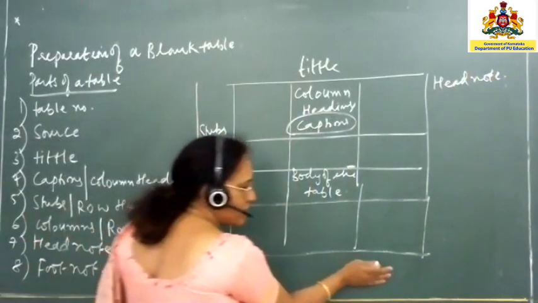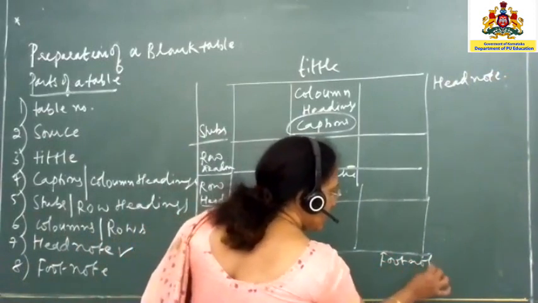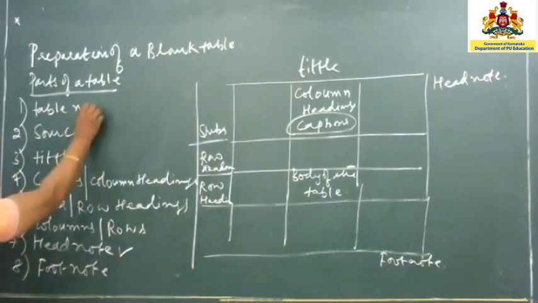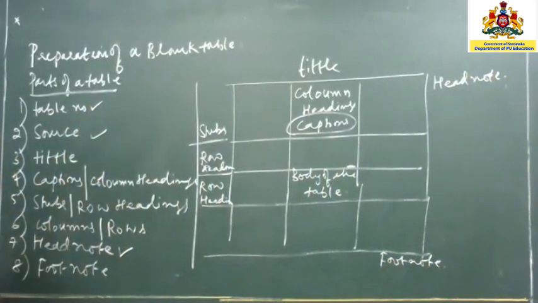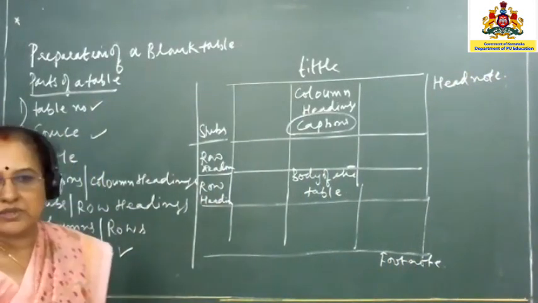Footnote means it comes at the foot of the table. This also we will do in detail. So you will have to have the footnote. Now you see, this is optional in case you have the table number. Suppose you have too many tables for one particular organization. You can have a separate table dealing with the strength of students. You can have a separate table dealing with the fees of students like that. In that case, you can give table number 1, 2, 3, 4 like that.